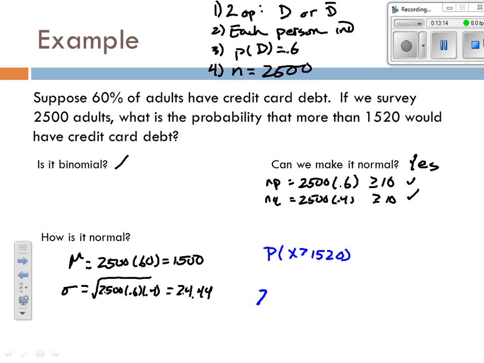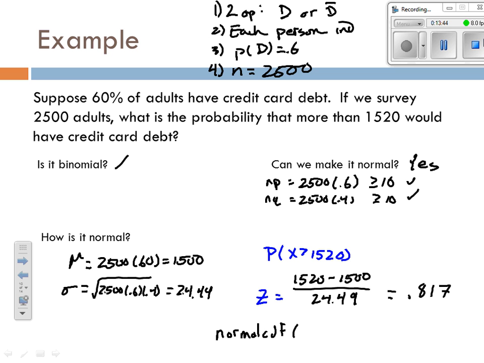So we now have a critical value as well. 1520 minus my mean of 1500 over 24.49. Right, so 1520 minus 1500 over 24.49 is 0.817. And since we know that we're allowed to use a normal, my lower bound here,